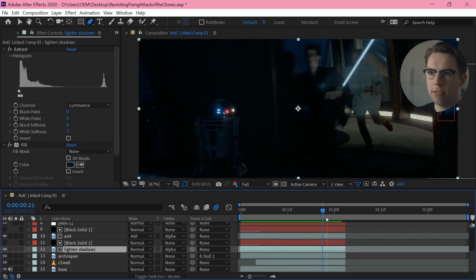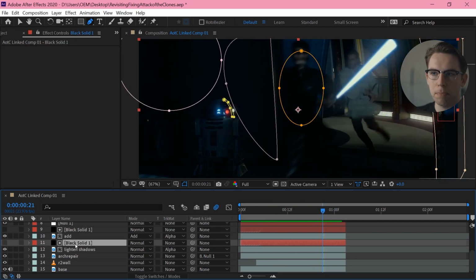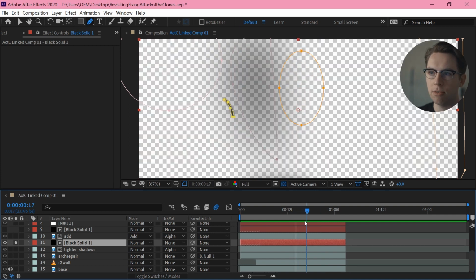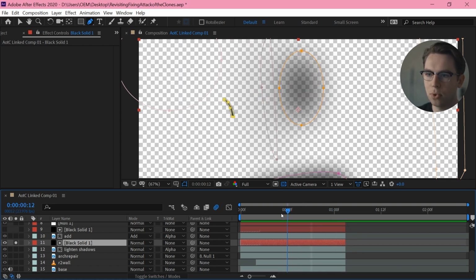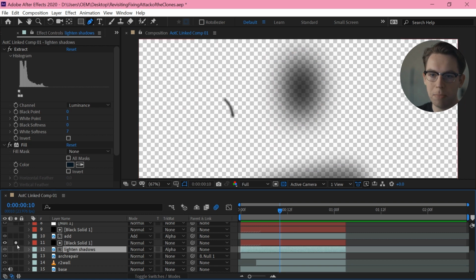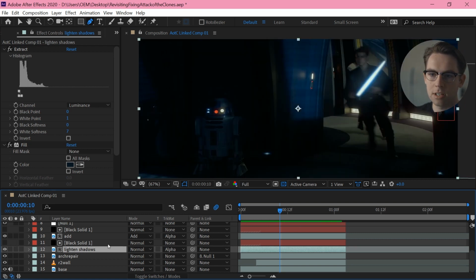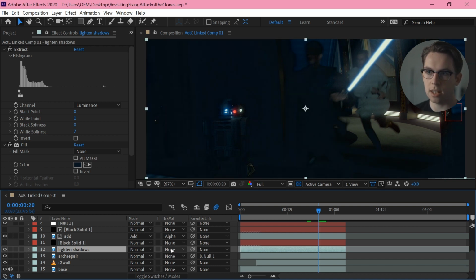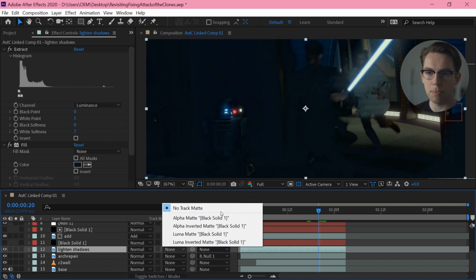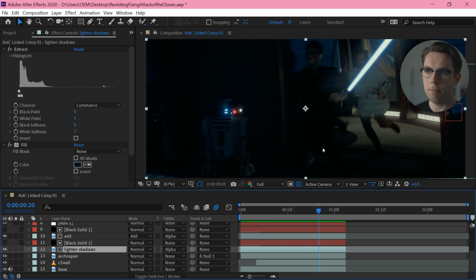And then to reveal that layer, I'm using this black solid matte. So I actually have a black layer, I've got all my masks on, and I'm just animating them on. Then I'm using the opacity of this layer, so these areas that are black, not checkerboarded, to drive the opacity of this light and shadows layer, which has my fill on it, and I'm setting that to use this black solid as an alpha matte.